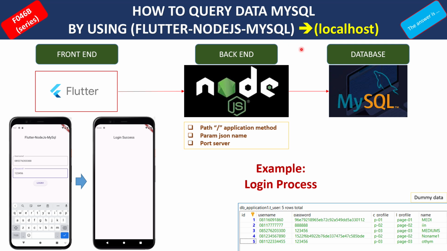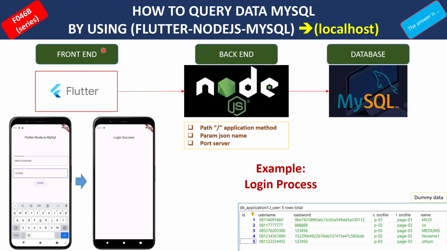But at this moment, I use the localhost, and next time we will use hosting. This is a continuous project from 46A, but now project number 46B. This is a series project.